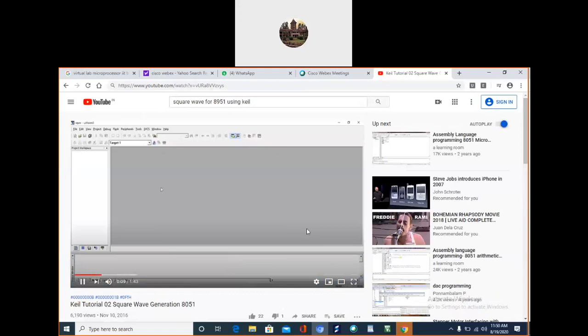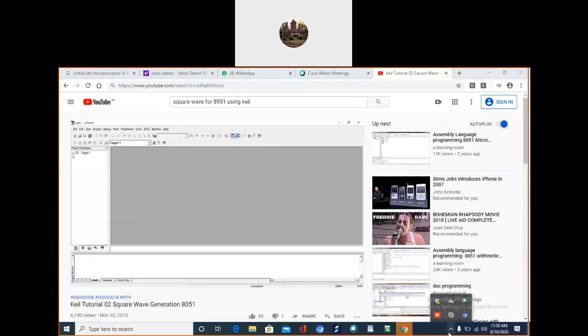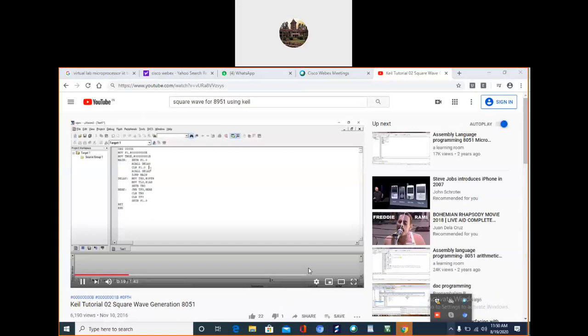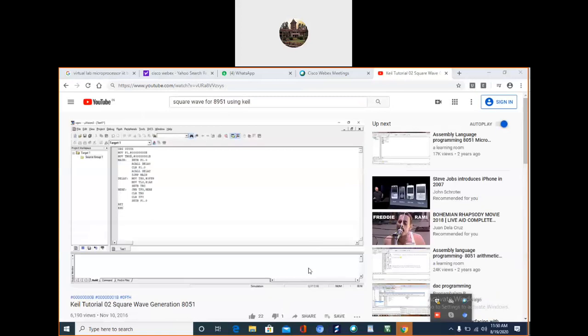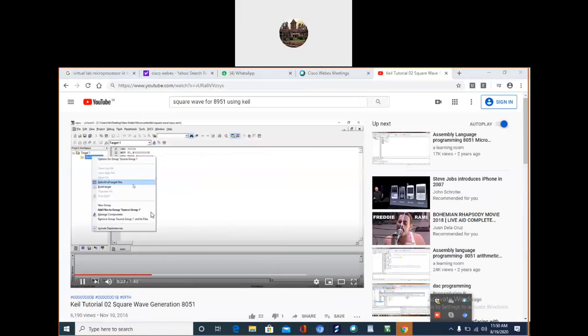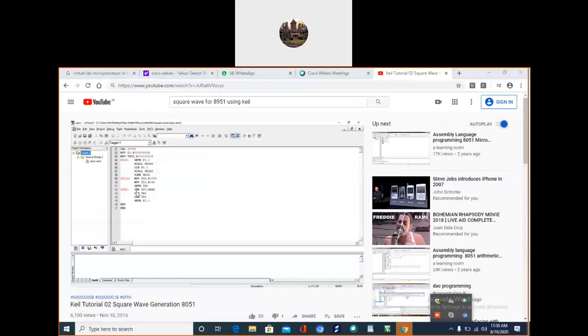Just to watch what is going on. So it is a code for writing the square wave. I write a call to blink or delay like that. Then I will move the file to the source group one, that assembly file. So check whether that square wave is done there.